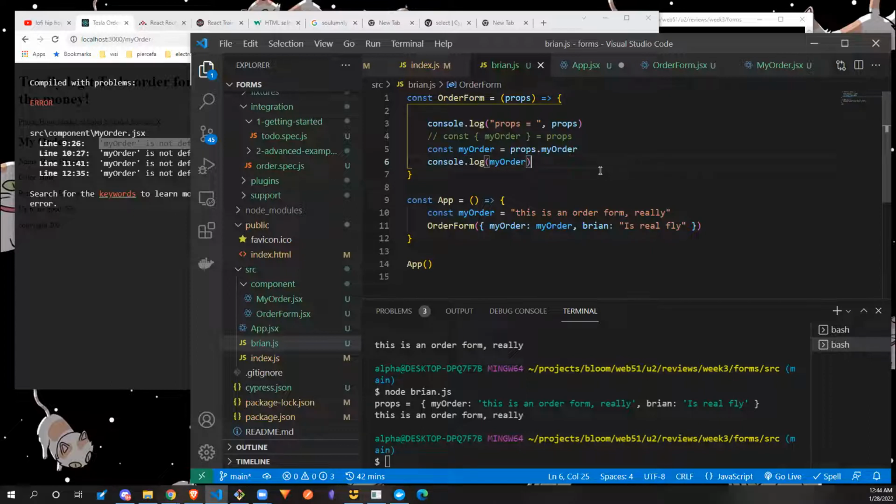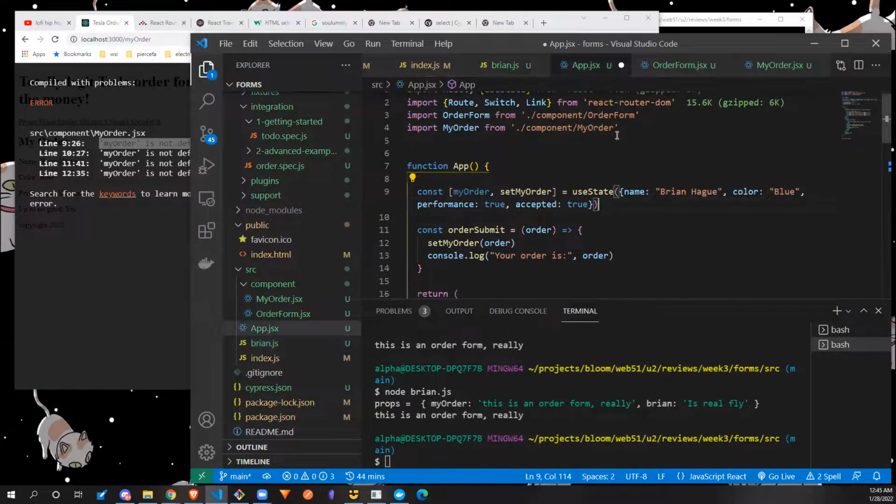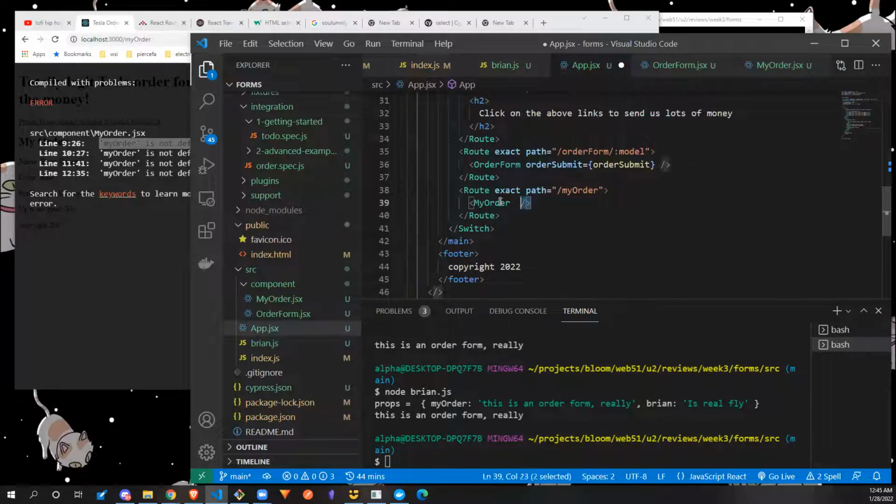Props was a sticking point for me as well until I stopped freaking out about it being called props and started just realizing all it is an object. So props is equal to an object no matter what. Now, what's inside of that object, how do you get the stuff inside of that object, is by passing information from where you're invoking the function. Like in app.js, this is invoking the function. It's the exact same thing as if I did